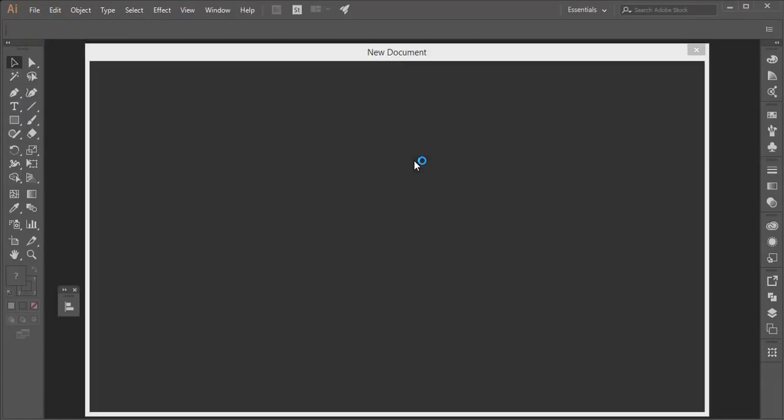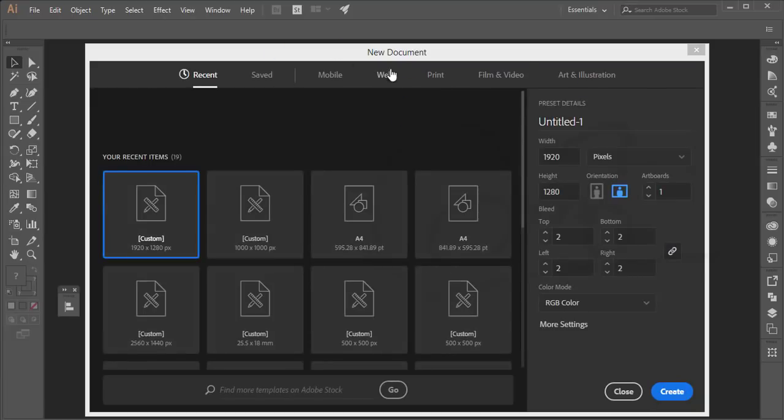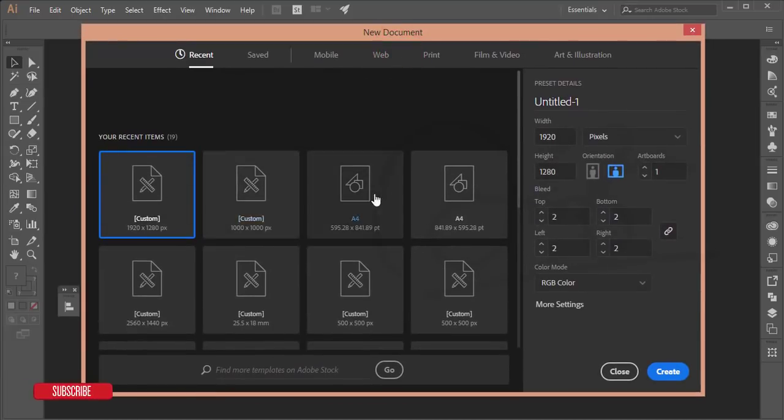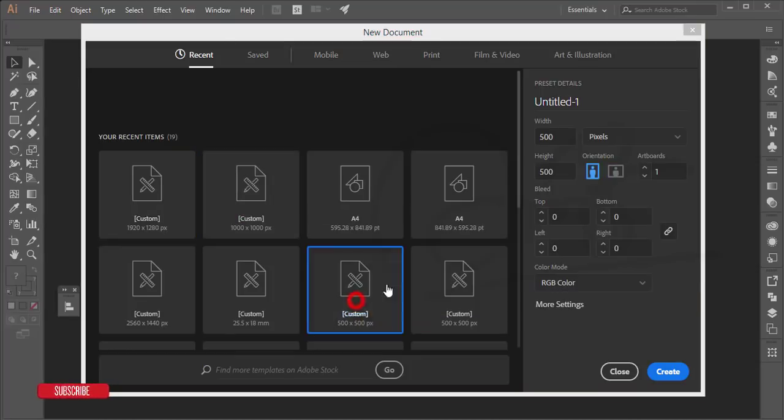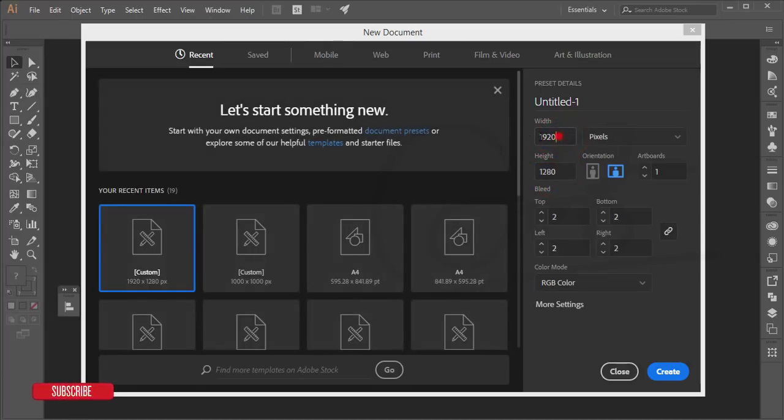From the New menu you'll get this type of window, and here are the presets which I used before, or just measurements I have used before. Those suggestions appear here. This one is a recent tab, a saved tab, and a mobile tab. At first I'll take 500 by 500 pixel, or I'm making it 1000 by 1000